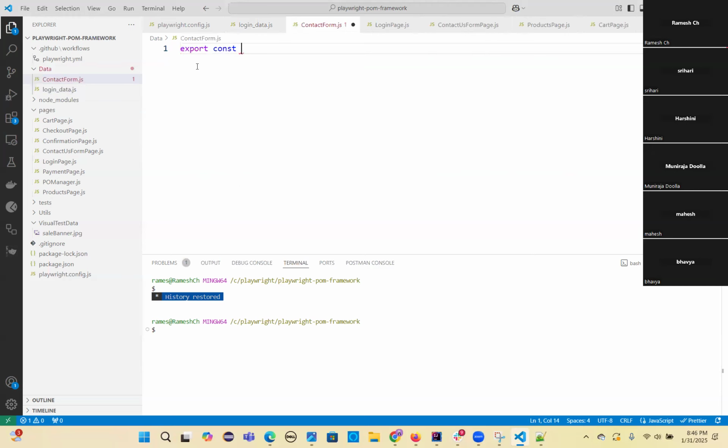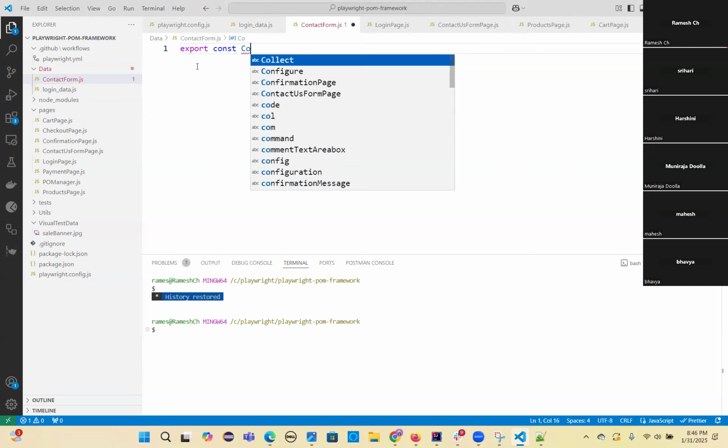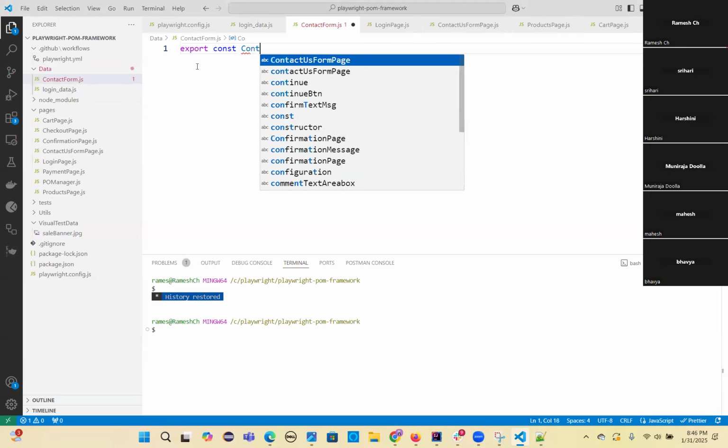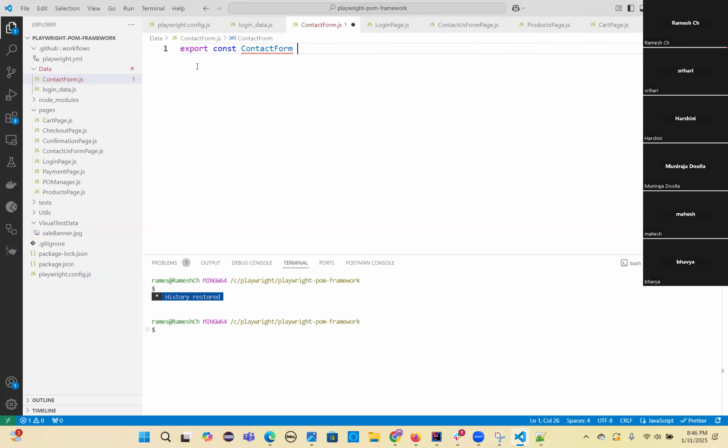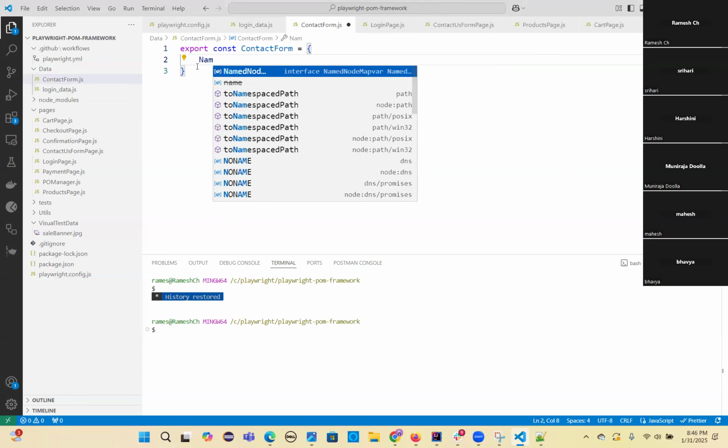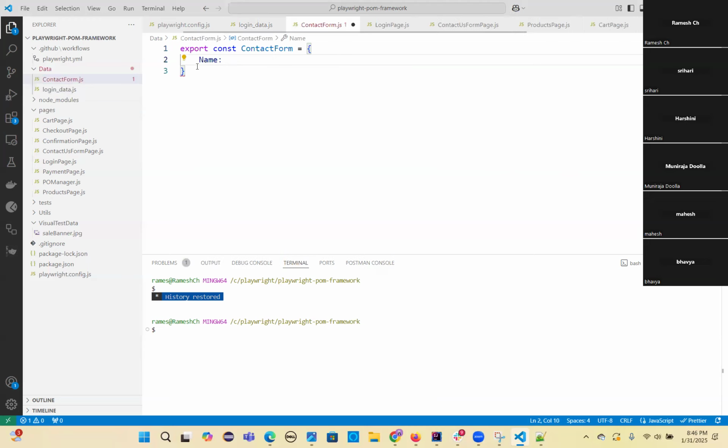It's one variable I'm giving, contact equal to. So you can give all the names. What name do you want to give? I want to give a string, comma. Then,